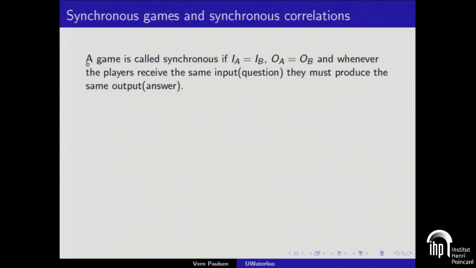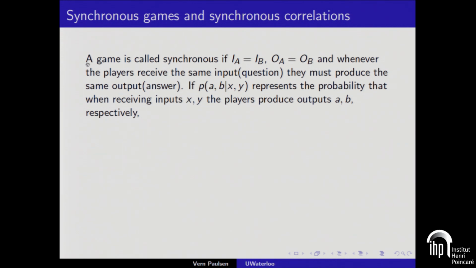Among games, there are these interesting ones that are called synchronous. In a synchronous game, Alice and Bob are both being asked questions from the same set, and their answers come from the same set as well. One of these we'll look at later is the graph coloring game. In the graph coloring game, their inputs are a pair of vertices, and their outputs are a pair of colors. They win the game if any time the vertices are connected, their colors are different. When you want to color a graph, adjacent vertices are supposed to get different colors. And then what makes the game synchronous,